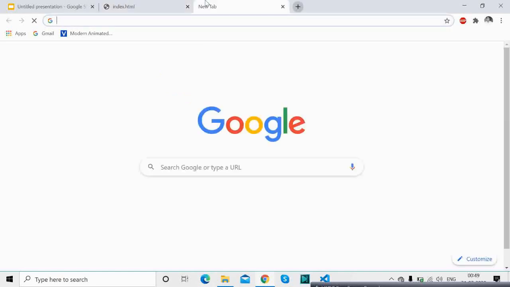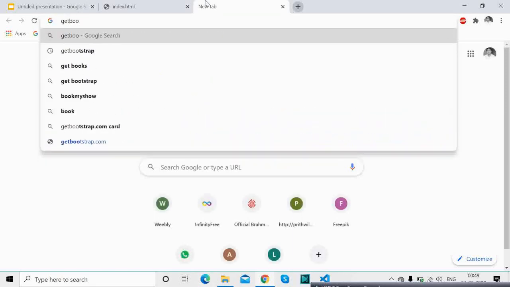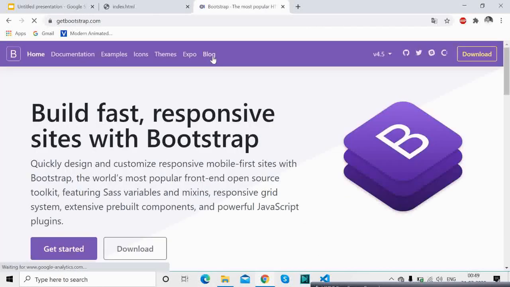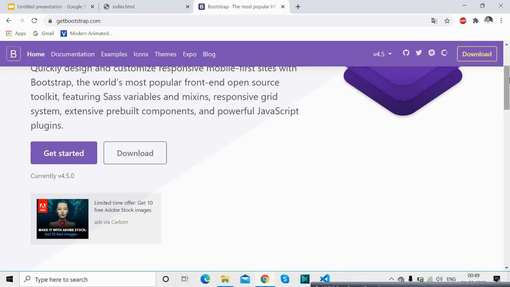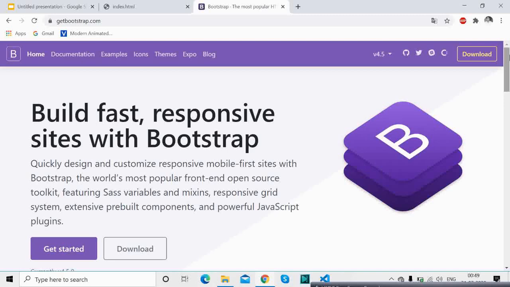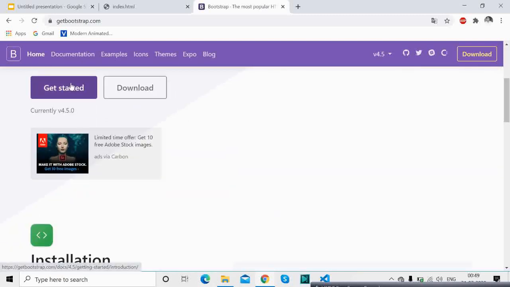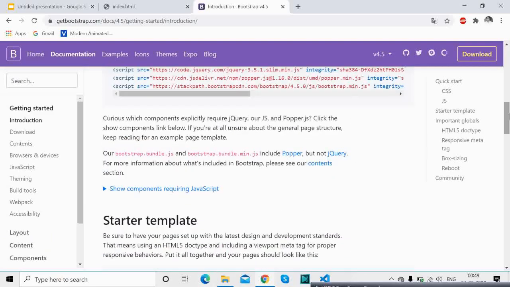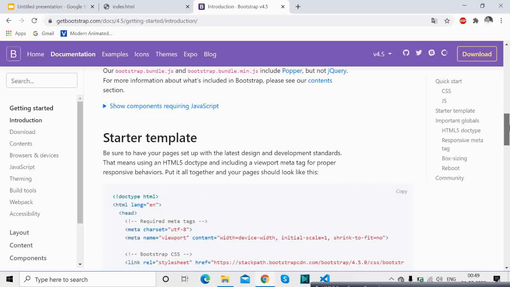Now you go to Get Bootstrap, search this in Google and you will get the Bootstrap documentation website. I suggest you go to Get started, and here there is this starter template.